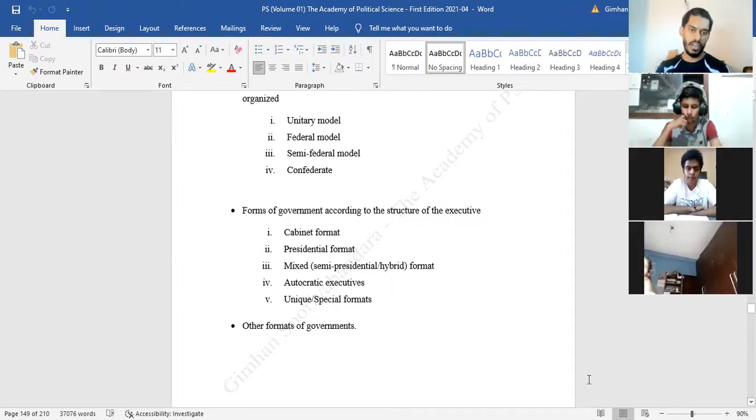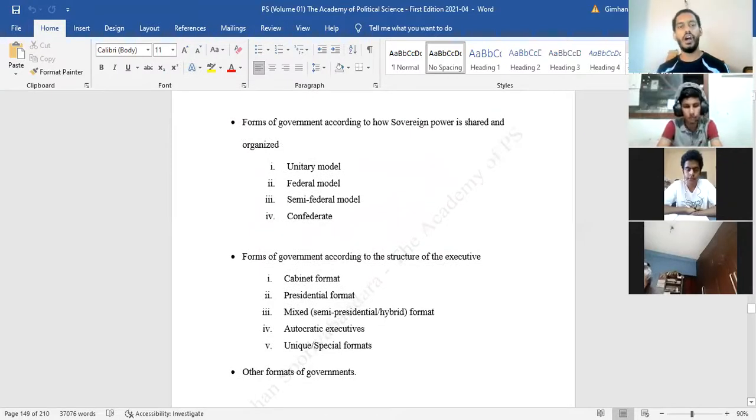I have, of course, included other formats of governments as well, right? But that's not a part of the syllabus. That's for your additional knowledge. So I will be briefly discussing the other ones that are not included in this lesson. Just for your knowledge, I'll be discussing those as well. Okay. So first,